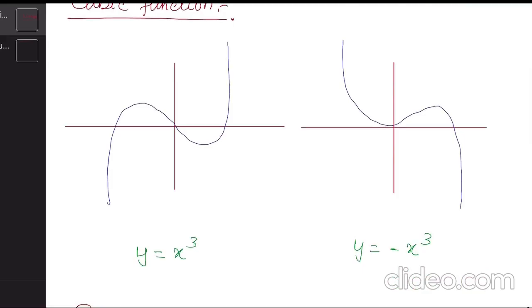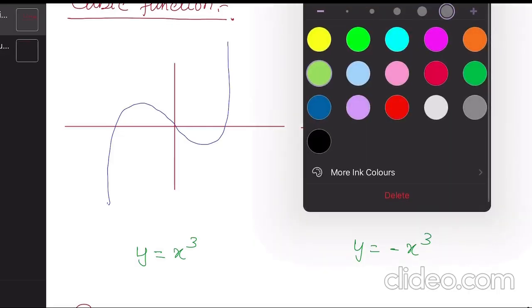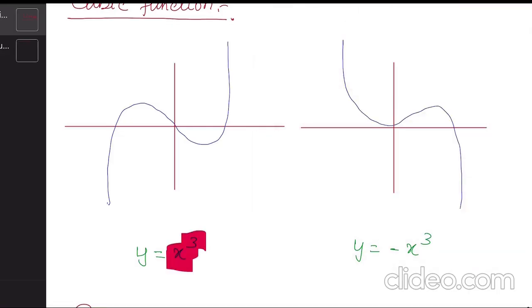A cubic function is one in which the variable has a maximum power of 3. So it is always in the shape of this curve, a curve going upward if your x cubed is positive. Like if your x cubed is positive, meaning that your x cubed should not be negative,